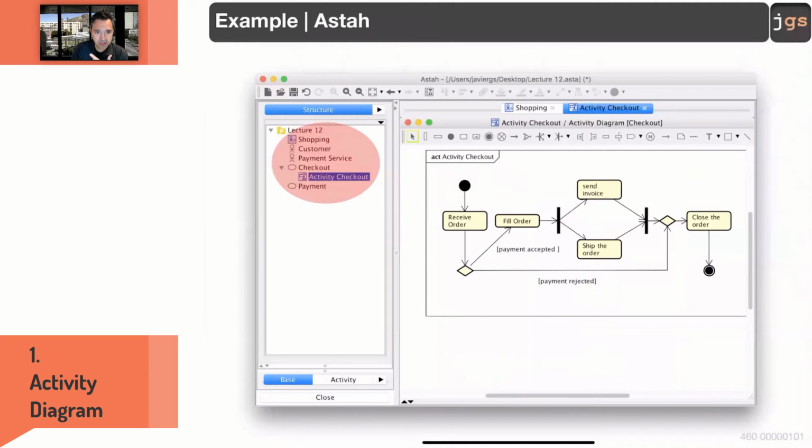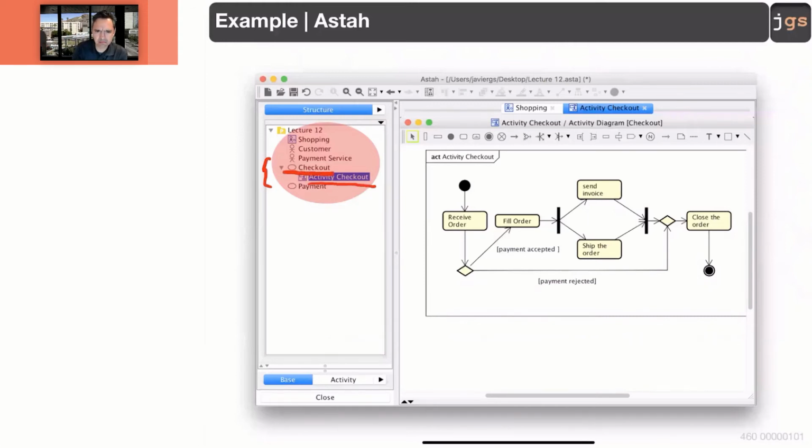If you use this software in 360, Astah, the tool that helps you draw the diagrams instead of PowerPoint or something else, you need to notice an activity diagram is going to be kind of inside of a use case. Because again, the goal of this is to explain one of the use cases. So you're going to notice this composition, and the same is going to be true for the state diagrams. So it looks easy,